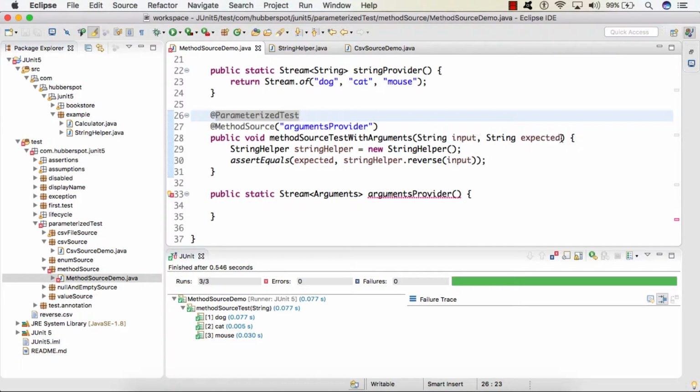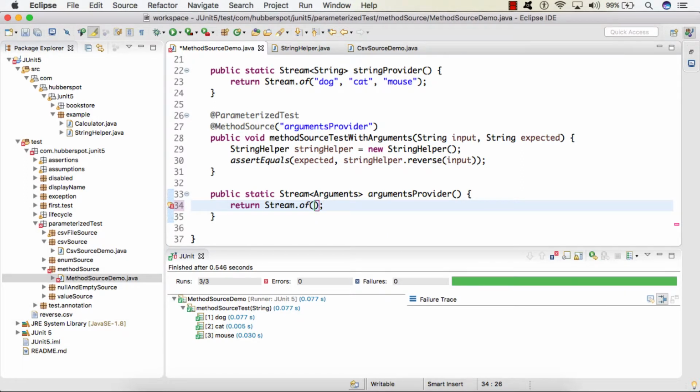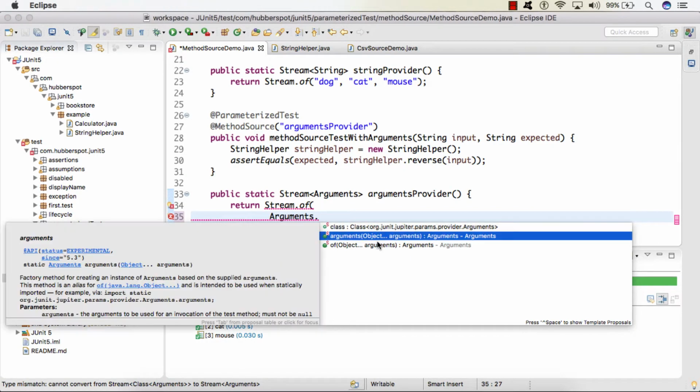Now how we can pass these multiple values is, we have provided the method name like this, and we know that it should return now the Stream of Arguments. So here we'll simply return Stream.of. So in order to create multiple arguments, what we do is Arguments dot, there is a method arguments which takes in multiple arguments.